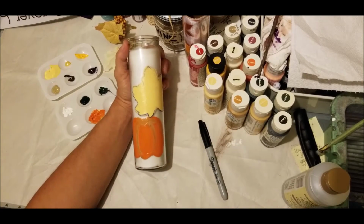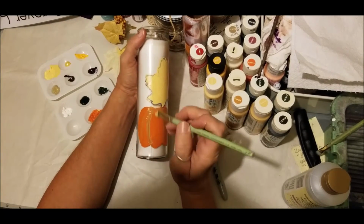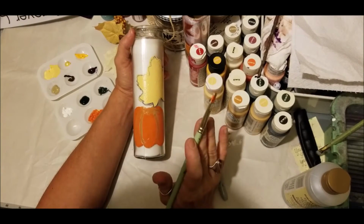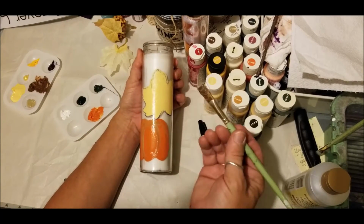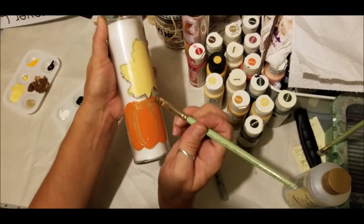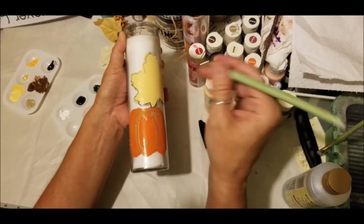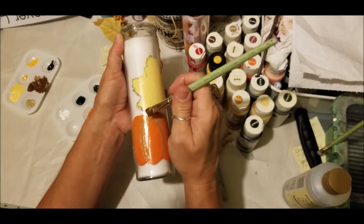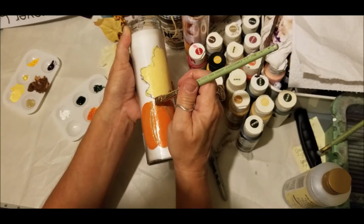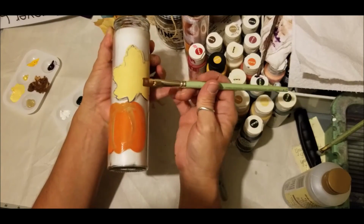Now, I know that I'm going to have like a brown or something a little bit deeper, or I can use black to make the stem. Okay, so using the brown, a burnt umber for the pumpkin stem. Now think of a pumpkin stem and decide which direction you want it to go. Do you want it coming out over here, or going over here? And I think that I'm going to have mine going over there. And that's the great thing about having a long